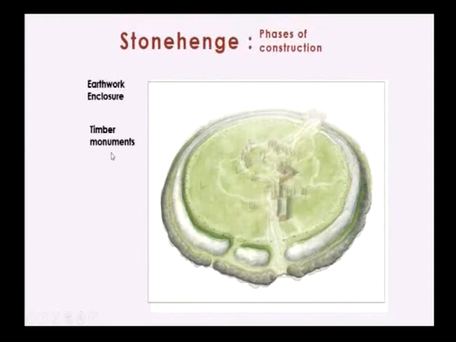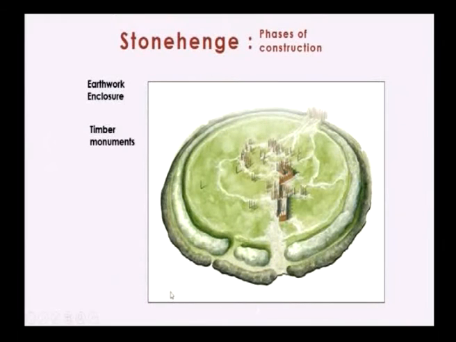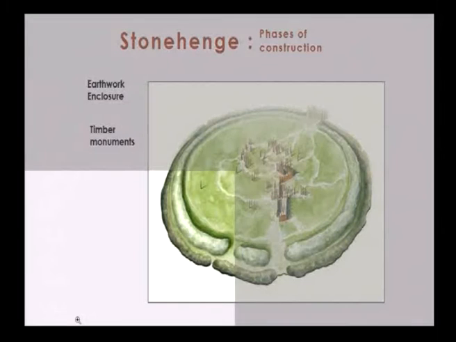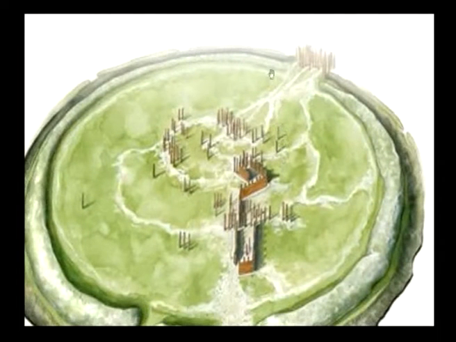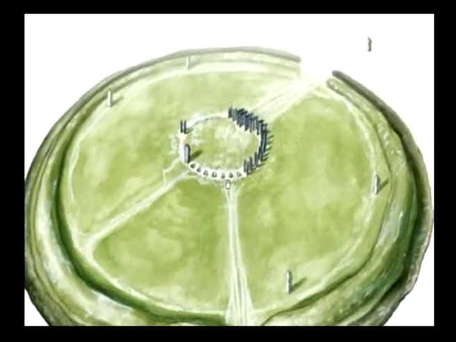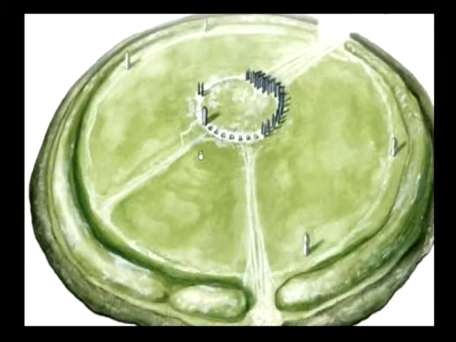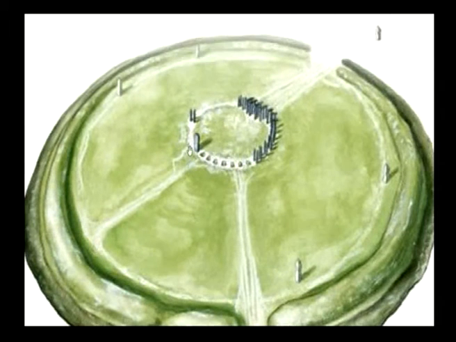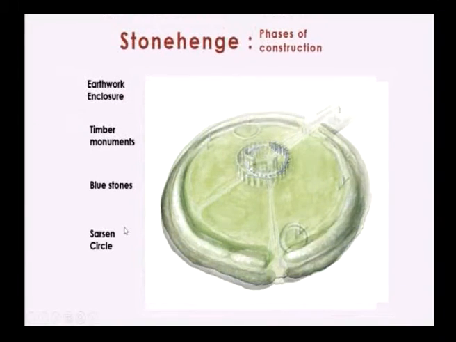The next stage is the timber monuments. A distinct new phase took place in the middle of the Neolithic period. Timber posts were erected in linear patterns near the northeast entrance and across the center towards the southern entrance. The next stage is the erecting of bluestones. Bluestones, or stones which had a blue color when wet, were erected in a semicircular or circular arrangement. These stones probably appeared by 2500 BC at the earliest, being pairs of 4-ton bluestones brought 250 miles from Wales. These were erected in the center of the earth bank. The next stage is the Sarsen Circle.